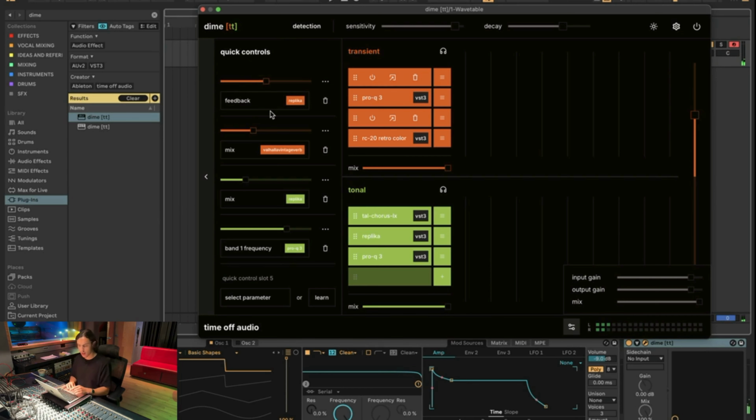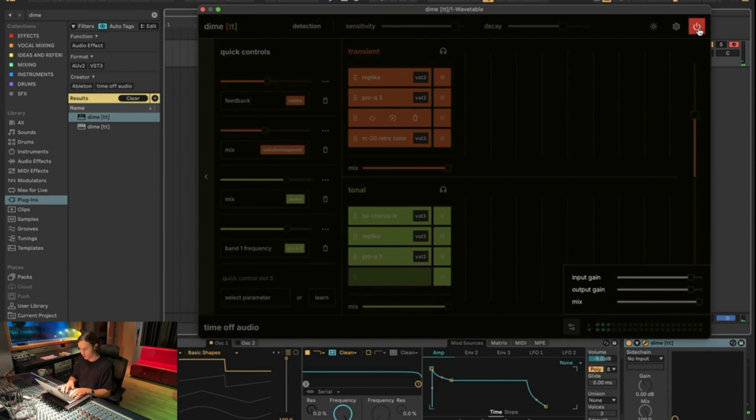So yeah, with the quick control slider here, I'm able to control the feedback of one of the Replica instances on the transient. Same idea here with the reverb mix. I can dry it out completely versus, and so on and so forth. Again, let's audition the dry signal with a Dime TT processed signal. Versus